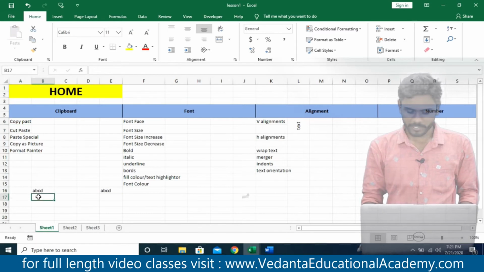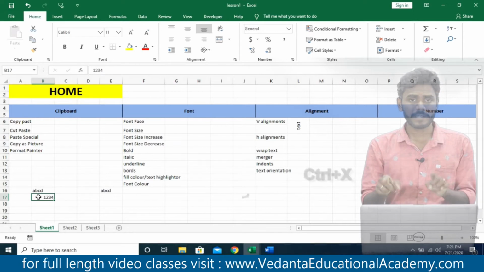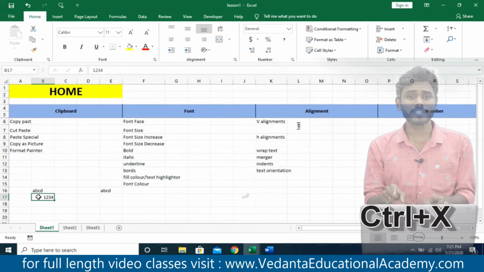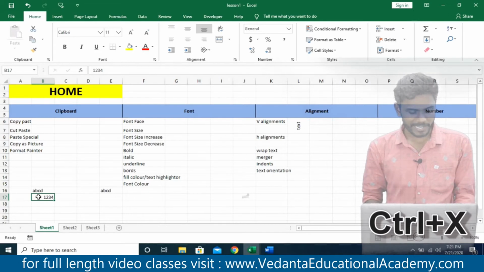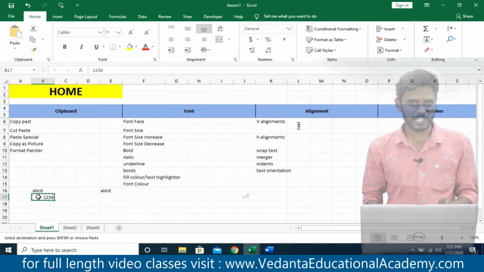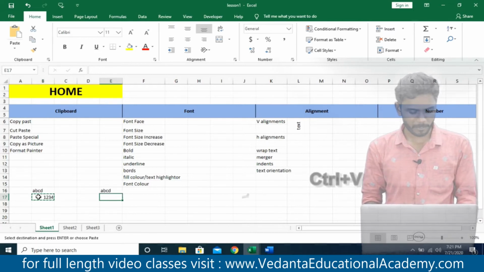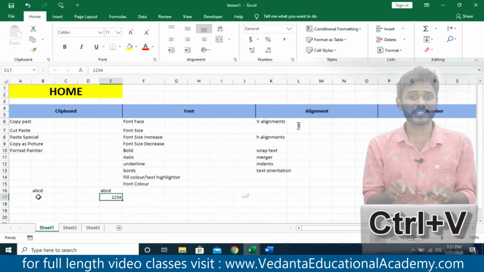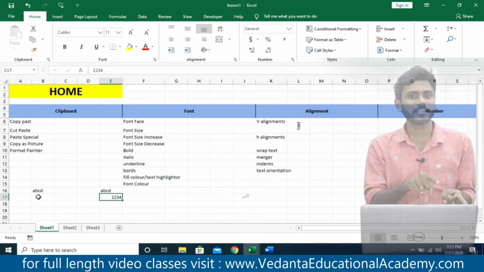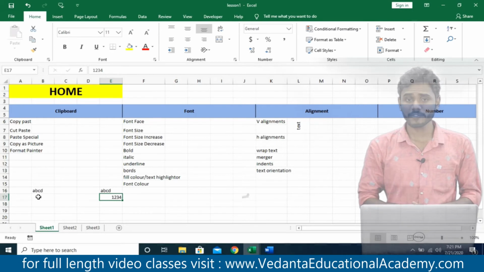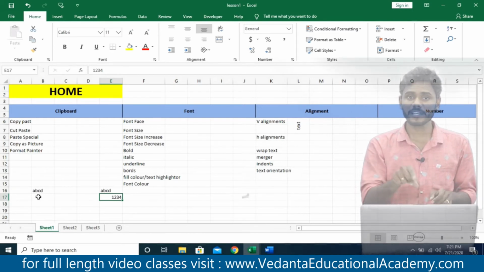And now we'll discuss cut paste, right? Here once again I'm going to write 1 2 3 4. If you want to cut and paste, these functions help you to move the original content from one cell to another cell. So Ctrl plus X is the function to cut content, and wherever you want to paste it, just press Ctrl plus V. In this case, the original content has been moved from one cell to another cell. So copy paste is used to make duplicates and cut paste is used to move the original content, right?